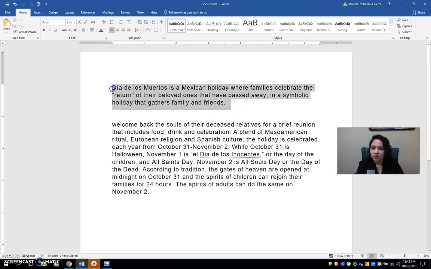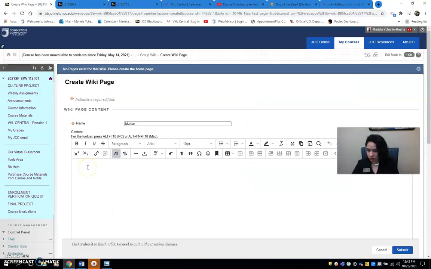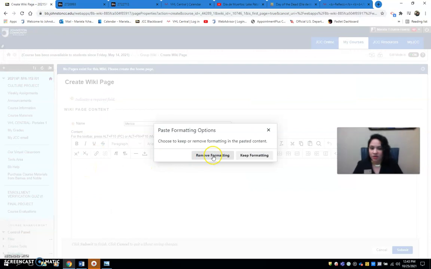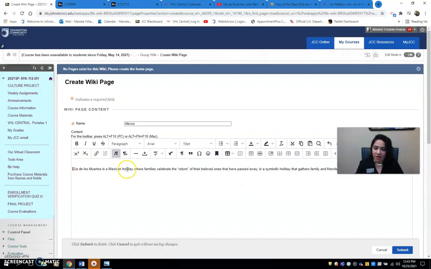I can work on a Word document and just copy, Control C, and then go there, Control V, and start talking about this particular holiday, right? You can play with the format, like I said before. Just make sure that it's consistent throughout the whole presentation. Let's use that font, and let's say